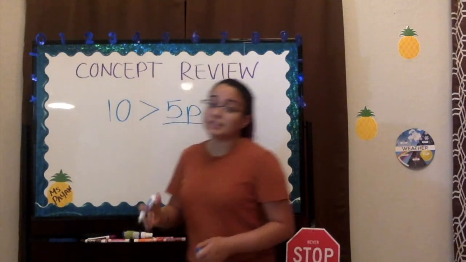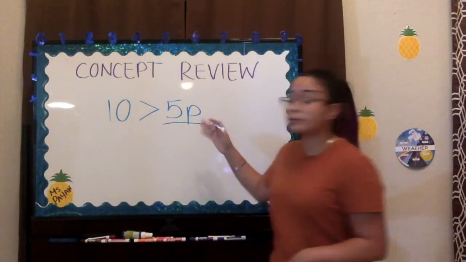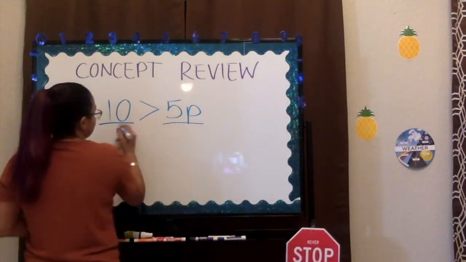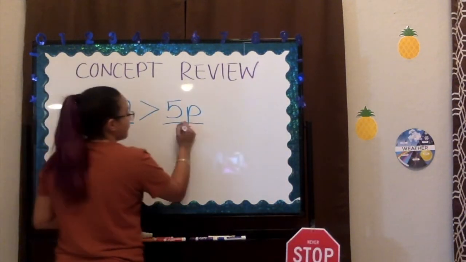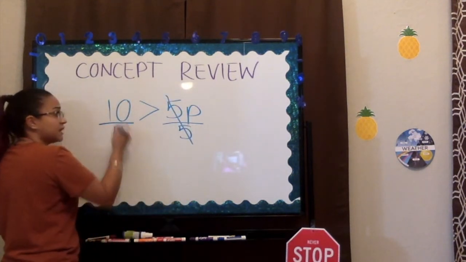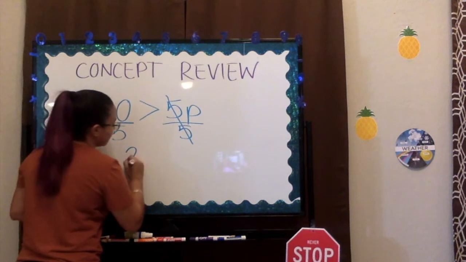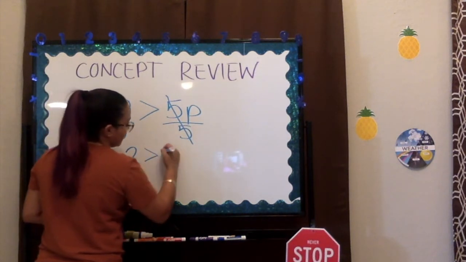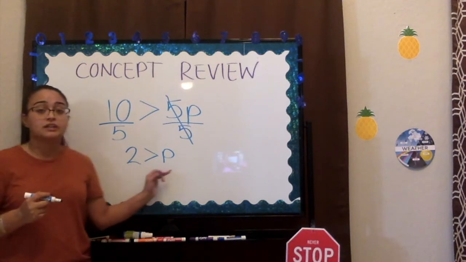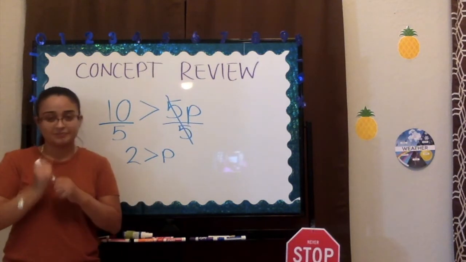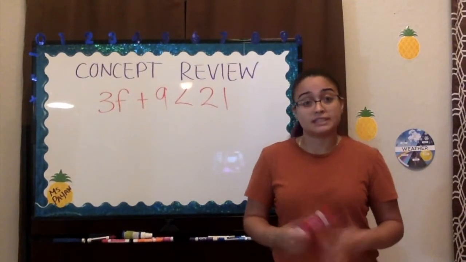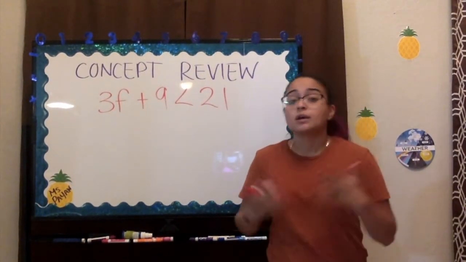Why 5? Because it's the one that's next to the variable, and we want to get our variable alone. We're going to divide both sides by 5. This side cancels out. 5 goes into 10 2 times, and we are left with 2 is greater than p. That's how we solve. And for the last concept we will be reviewing today, which is concept number 9, we